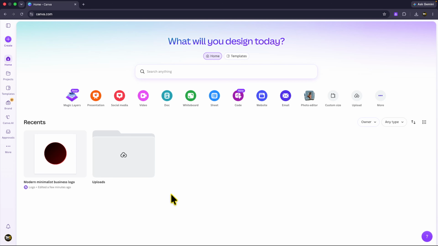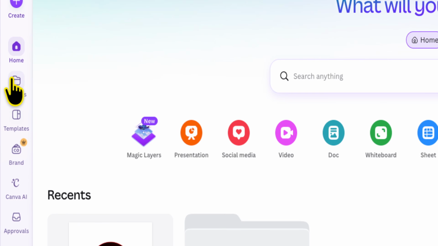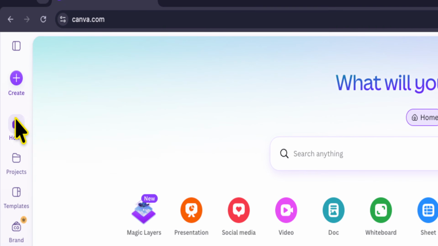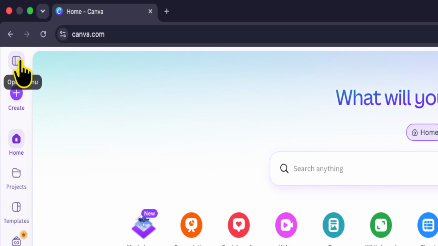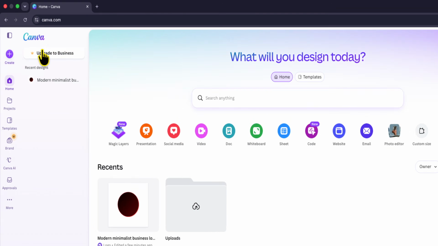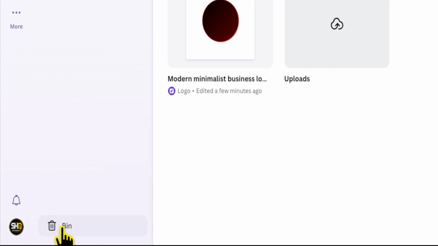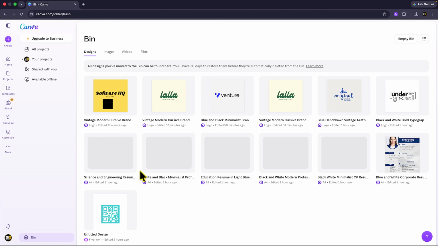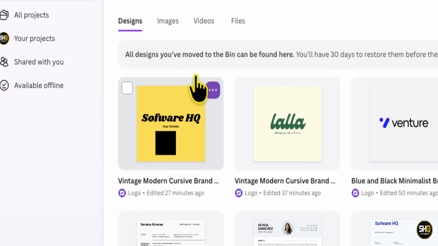Next, you want to locate the left-hand navigation of options, and from here you want to click on the open menu icon, and when you do that you will see bin at the very bottom next to your profile icon. So click on bin, and once you've clicked on bin you will see all of your